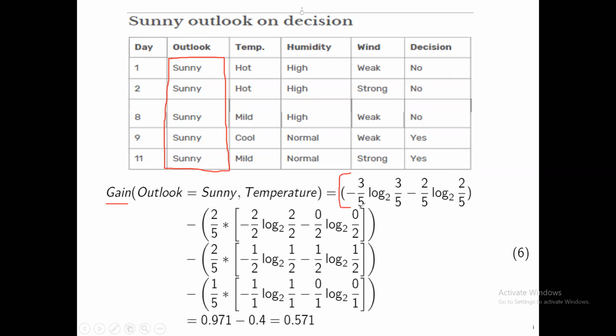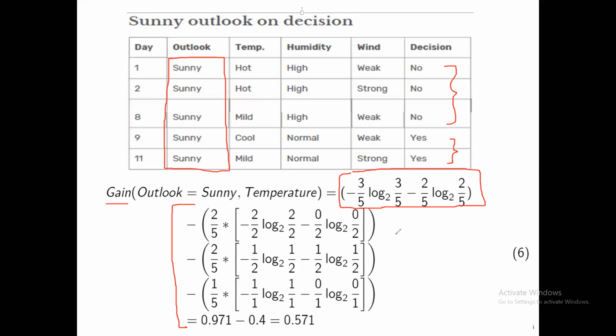So here, first of all, we calculate the entropy of decision given that outlook is equal to sunny. We see that there are two values for decision, no and yes, and there are 3 no's out of 5 and 2 yeses out of 5. So pi for no will be 3 by 5 and pi for yes will be 2 by 5. We plug that in and we can easily get the entropy for decision given that outlook is equal to sunny. From that, we have to subtract the expected